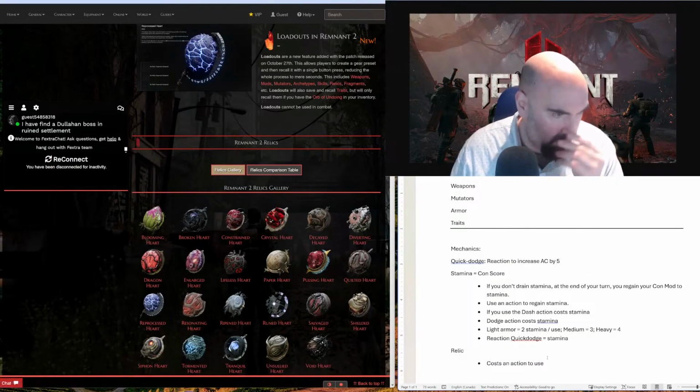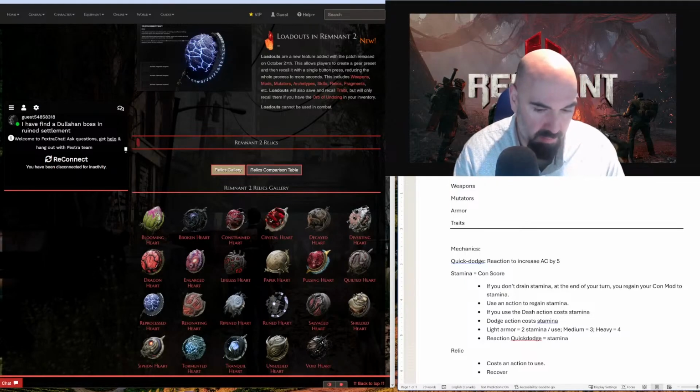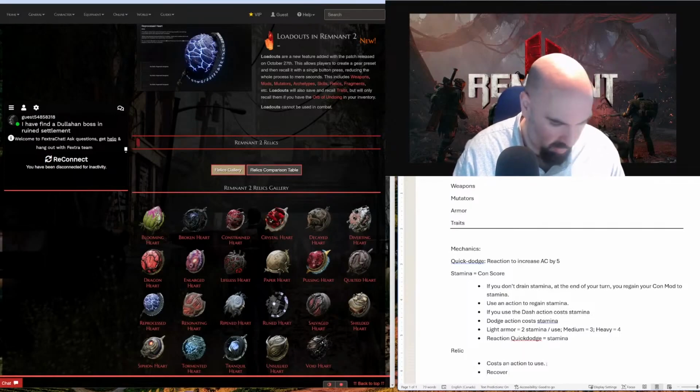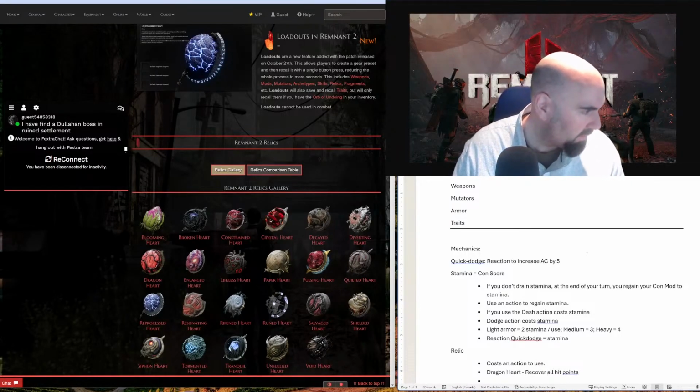So, constant action to use, they all have different uses, but the default one is probably going to recover, let's just say, because of the way the health works, recover basic one. This is the Dragon Heart, for example. That one's going to recover all hit points. Now, you might think that's incredibly powerful. We'll get to that in a second. But something like